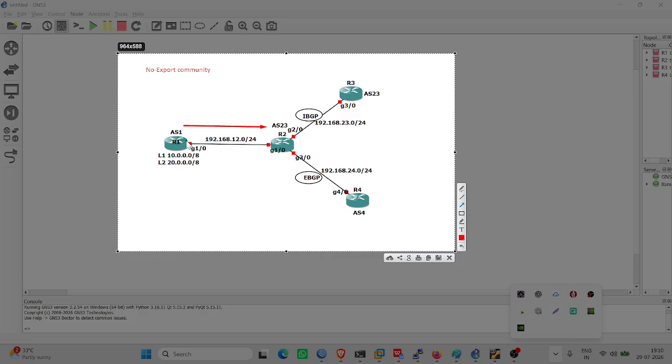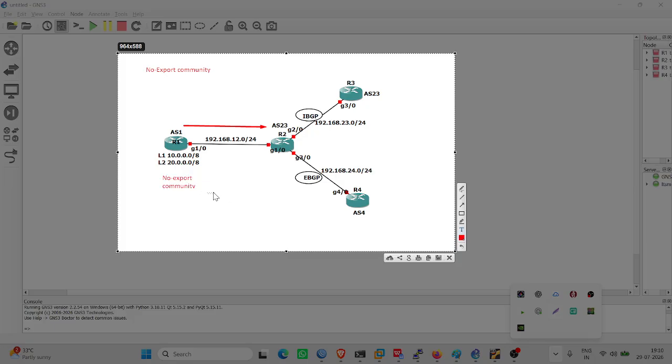After advertising, they will be received on R2. On R1 we mention the no-export community, so if we configure it here,